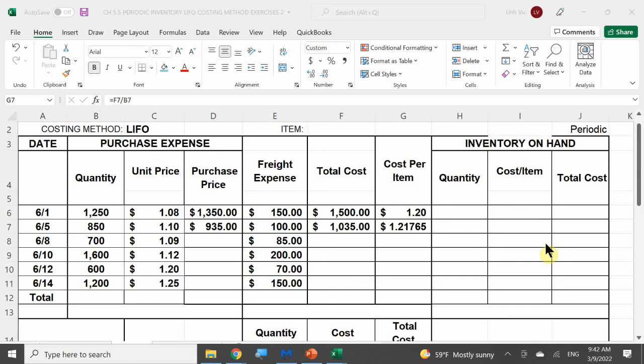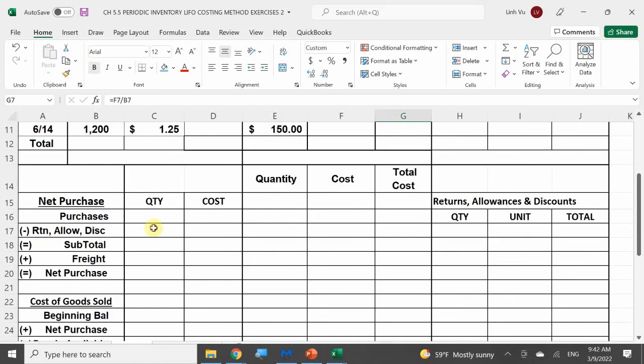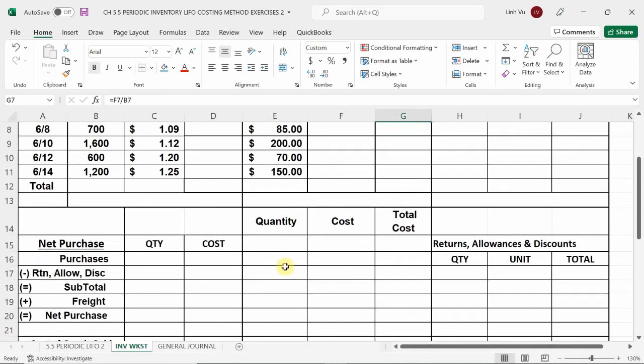Well, that means that if I were to sell, let's say, 500 units out of this, I would calculate 500 times the 1.21765, and the number that I yield, my result, that number is what I'm going to round up to. Not the cost per item. So if you want to see a difference, let's take a look at an example here. So if I had 500 units,